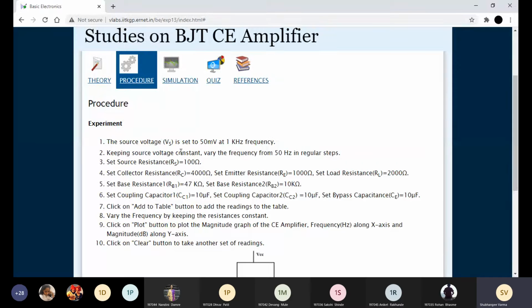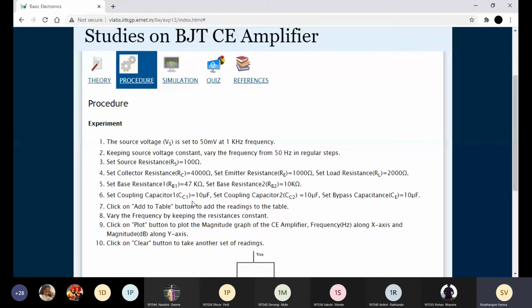We are going to keep the source resistance at 100 ohm. Then RC is 4K, 4000 ohm. RE we are going to keep 1 kilo ohm. RL, the load resistor, is 2K, and we are going to set RB1 as 47K and RB2 10K.